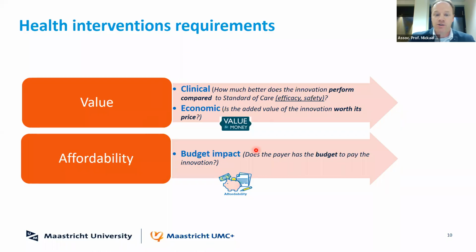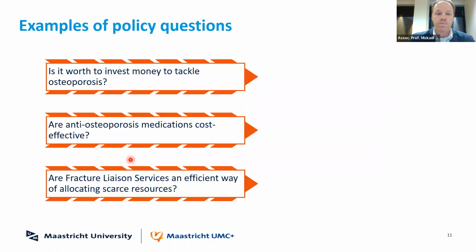With this consideration, clinical value, economic value, and affordability are important in all of the countries, with maybe a few differences in the importance given to some of these criteria. For example, in the UK, economic value is really important and it's maybe a bit less important in some other countries. The budget impact is especially important in countries like Spain or Italy. But in all of the countries, good clinical and economic value and affordability are important for payers.